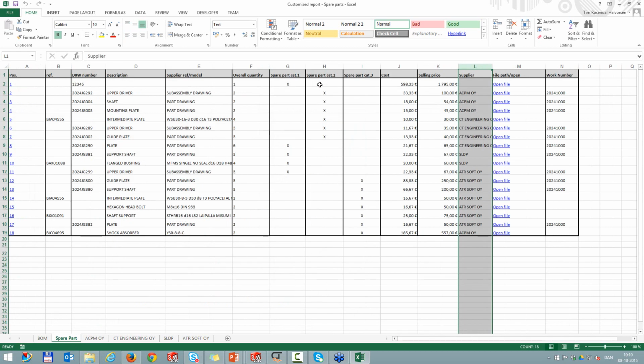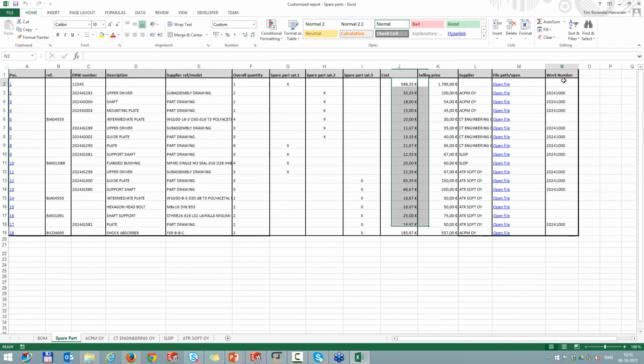So in this case, they defined different spare parts categories. And they added a bunch of other information. The cost, for instance, comes from the ERP system as well as the work number. We divided these suppliers into individual sheets, so it's easier for anyone in purchasing to go ahead and buy these components.